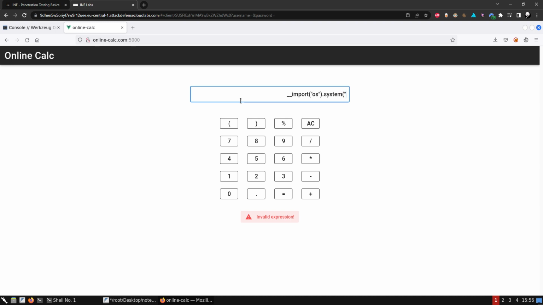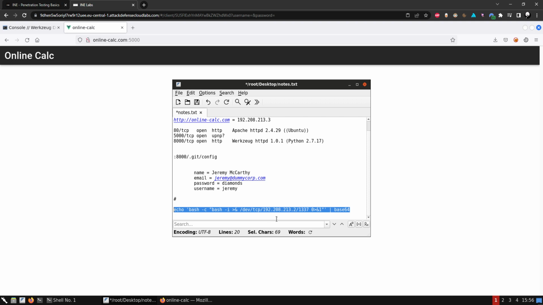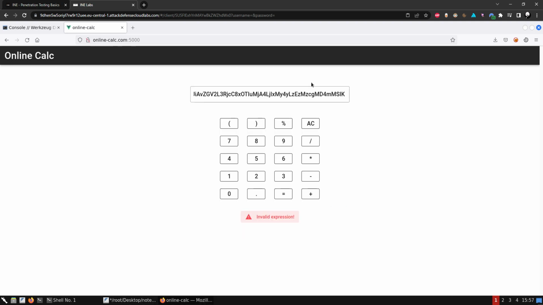And let's say echo this, and we need to pipe this into base64 again, with the decode flag, and then we need to pass this into bash, because bash is going to execute this code. Close the parenthesis and say